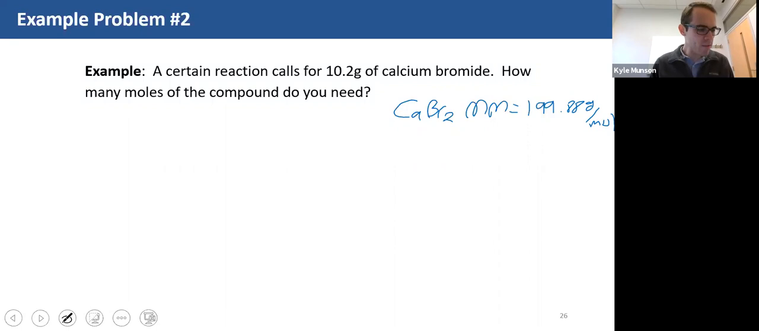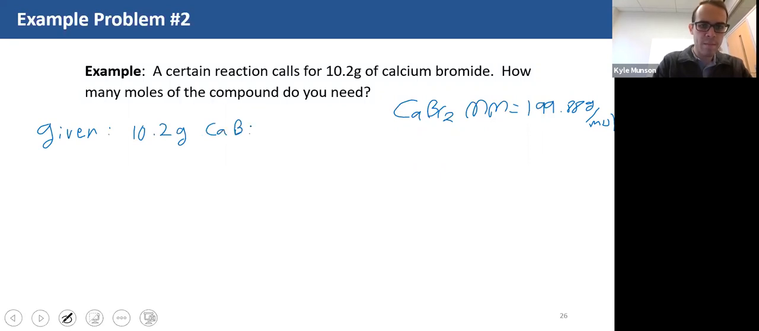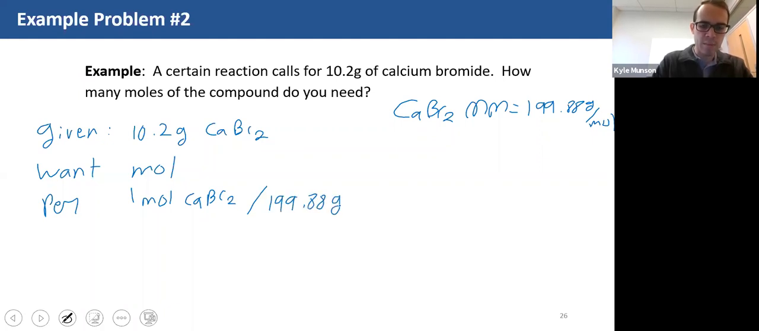Okay, so we're just going to use that here. So we're given 10.2 grams calcium bromide. We want moles. Our per expression is going to be for every 1 mole of calcium bromide, there are 199.88 grams of calcium bromide. Okay, so when I write this out in equation form, I get 10.2 grams calcium bromide